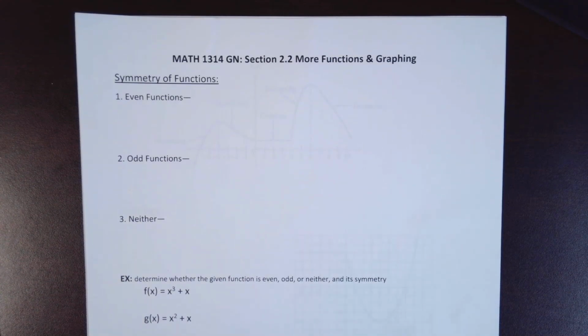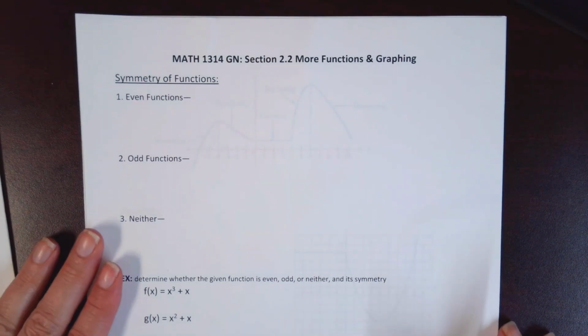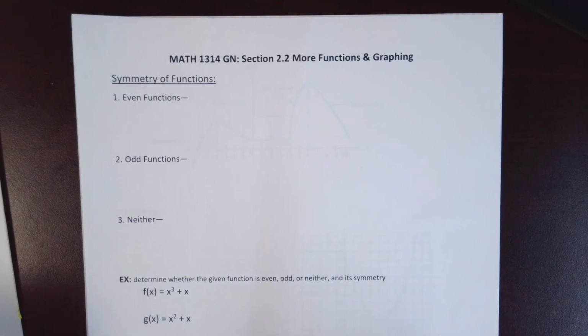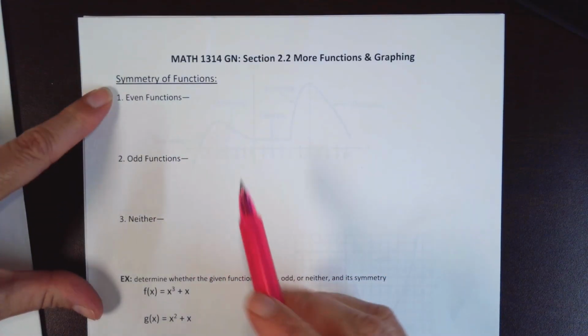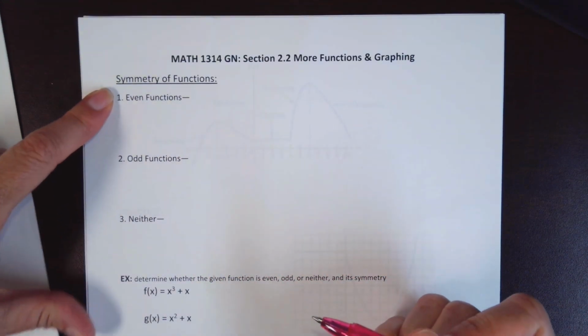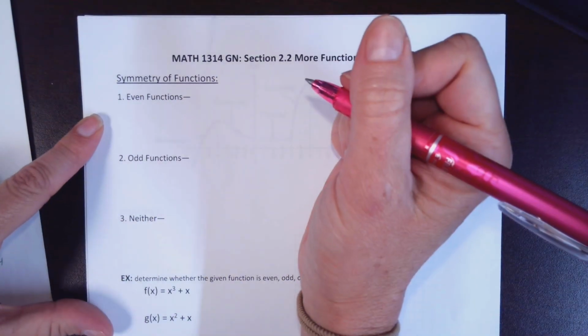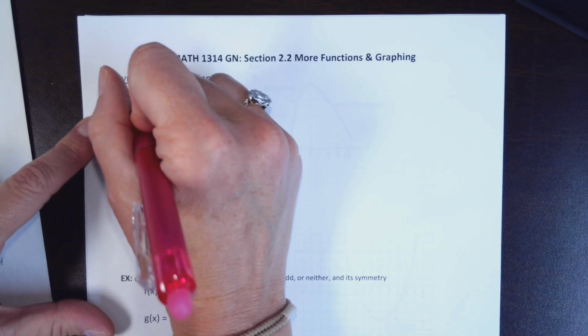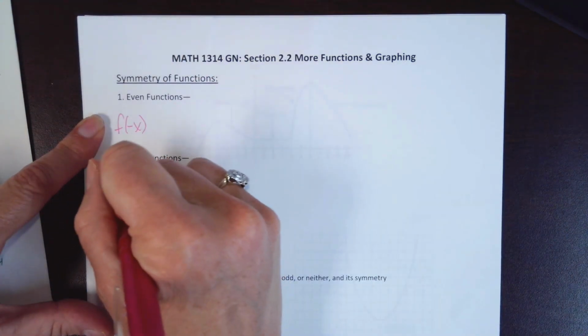Okay, here we go with section 2.2. We are still focusing on functions, the graphing of functions. At the end of 2.1, we tackled symmetry. Now again, we're going to do just one symmetry test. Our symmetry test is that we plug in a negative x into whatever function